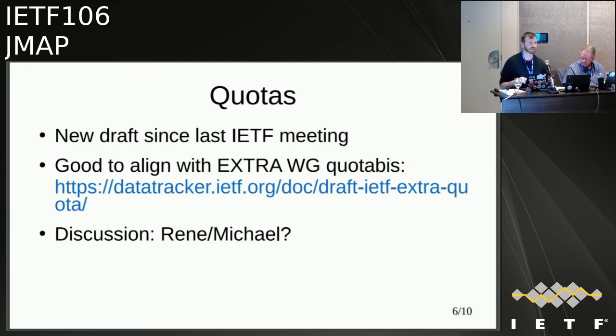It doesn't look like it's going to be particularly difficult to get done, but I know there's a few different people interested in making sure that it covers everything they want to cover, and certainly having the same types as the IMAP quota in terms of storage. I assume they should share a registry if they can. Because they're in Europe. It's like 9 a.m. in Europe. Yeah, 10 a.m.